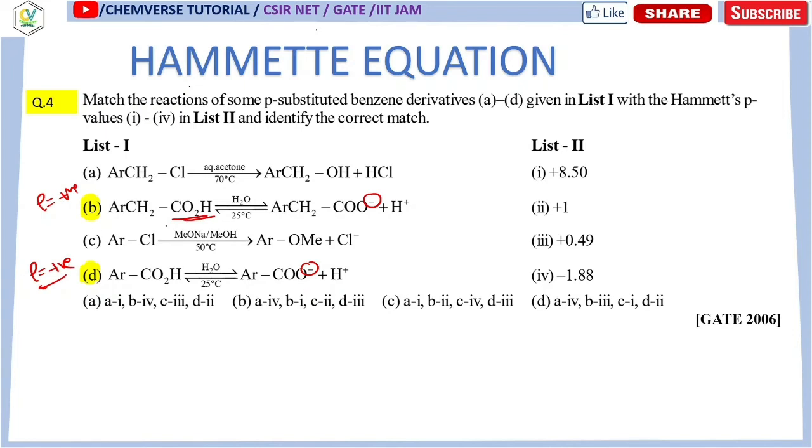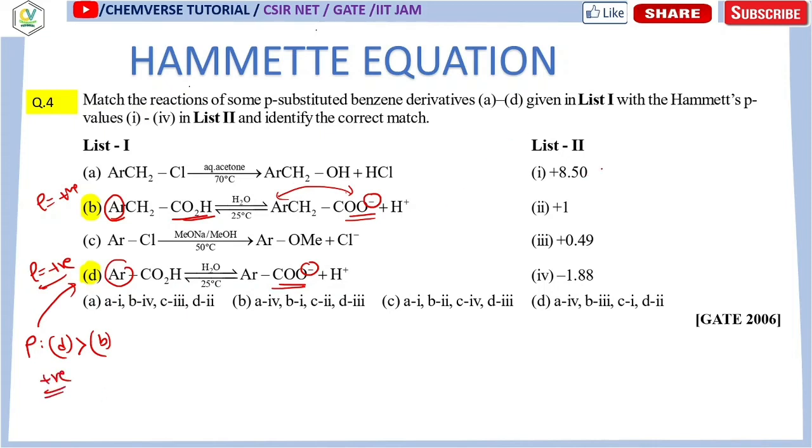Now comparing these two systems, you can see that over here the distance between this aryl group, where the electron withdrawing substituent is present, that is why it is written aryl, not Ph. So this aryl group is quite far apart with respect to the CO2 minus group, and over here this aryl group is closer to the CO2 minus, so better stabilization will occur in D. So the magnitude of rho, you can see entry number D will have greater magnitude as compared to B, and both will be positive values.